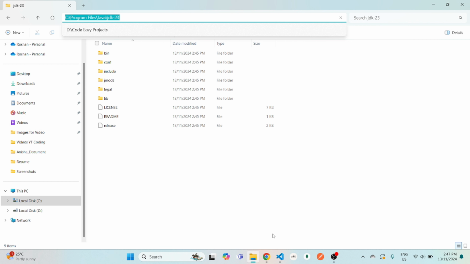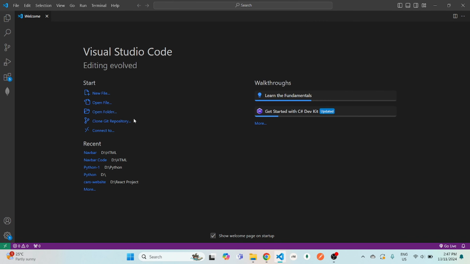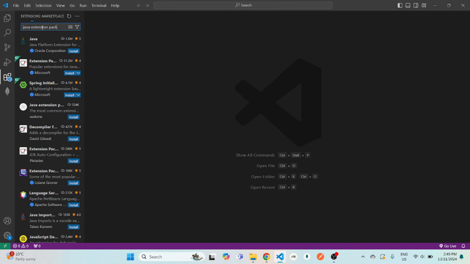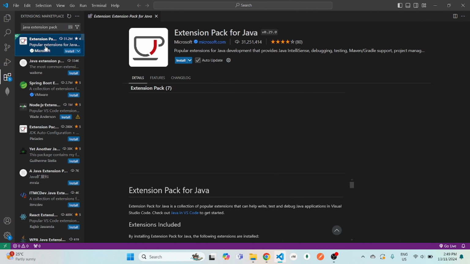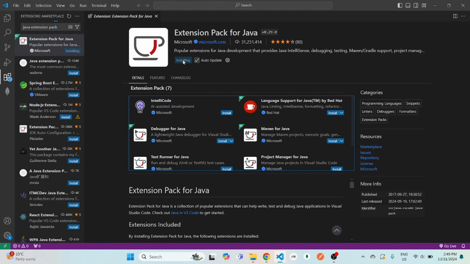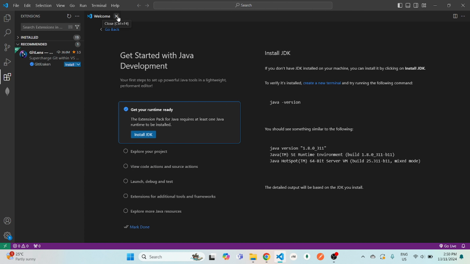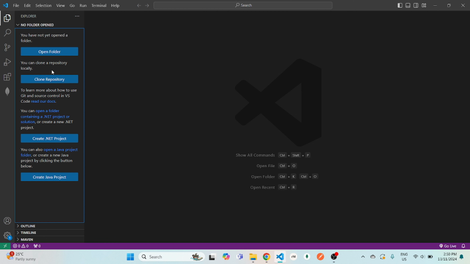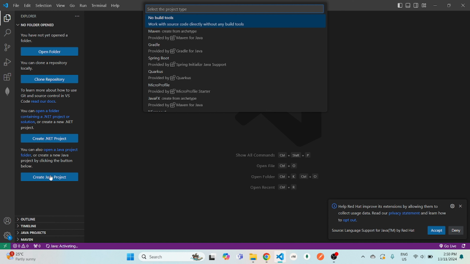Now what we have to do is go open Visual Studio Code, and in the extensions we have to type in Java extension pack, and it will install other 7 packages as well. Wait for that to install first. And once the installation is complete, you can close that and create a new Java project. Simply click on that there,